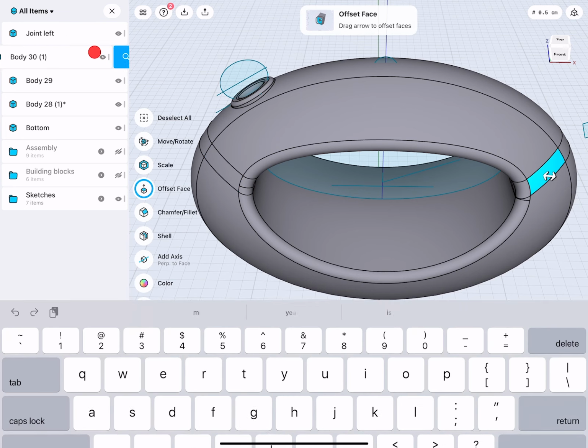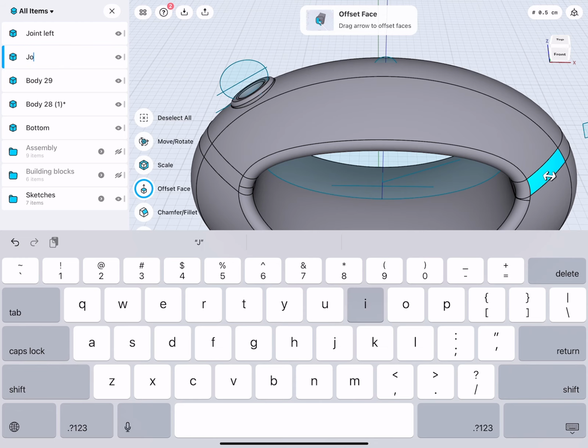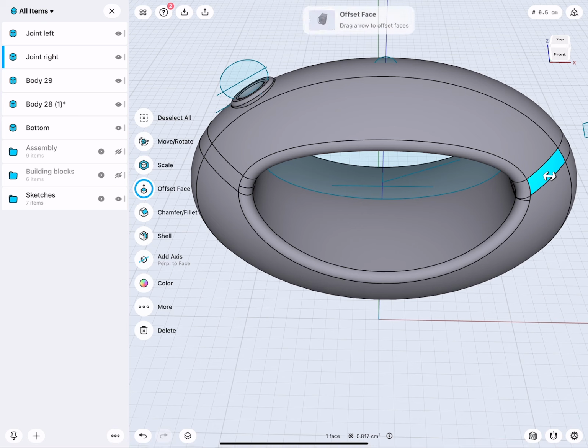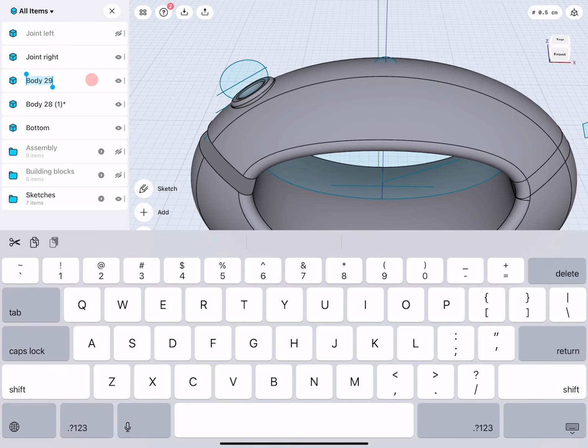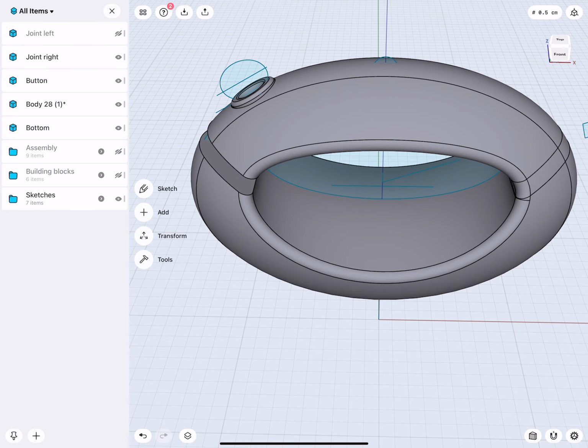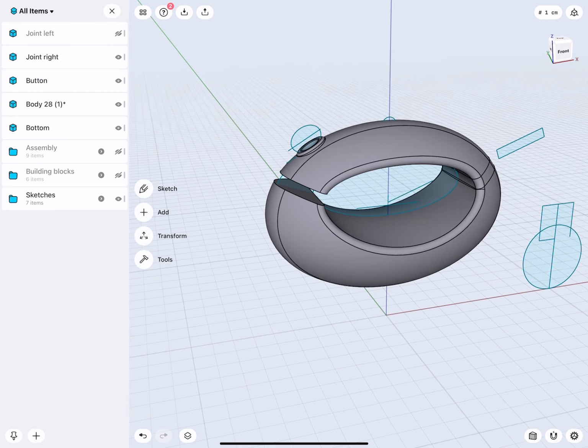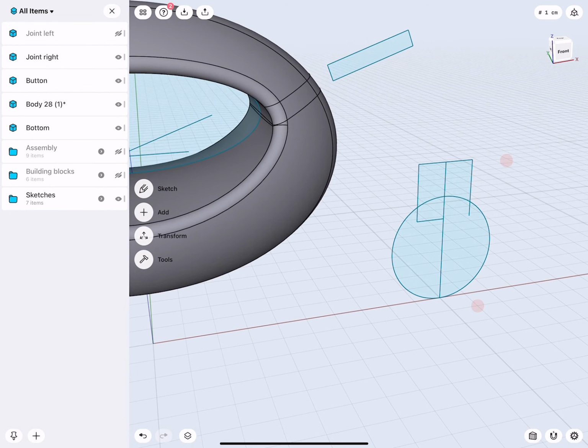So I select them in 3D view, then it highlights it in the overview, and I can easily give this the correct name. I don't know what is what here. Very good. And there, this is the button. Very nice. Okay, so now it's time to create our lag.